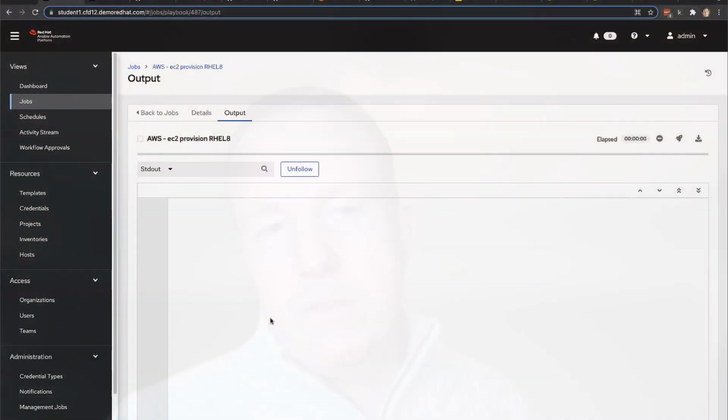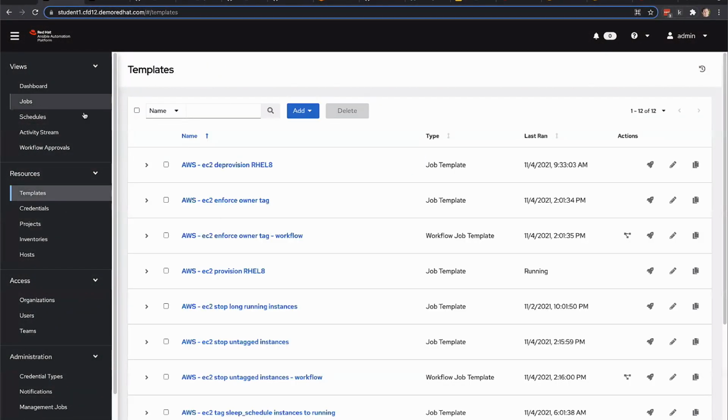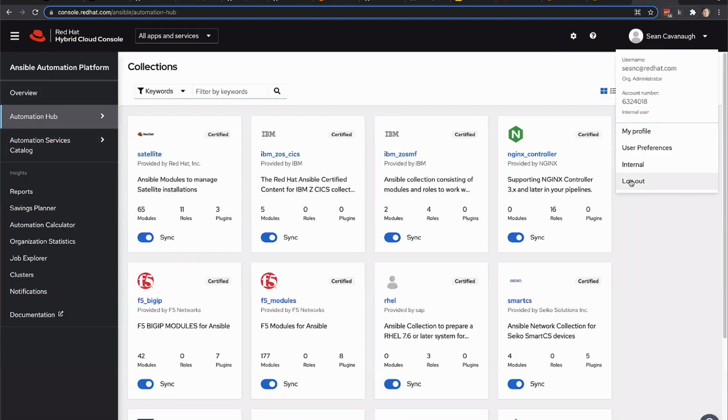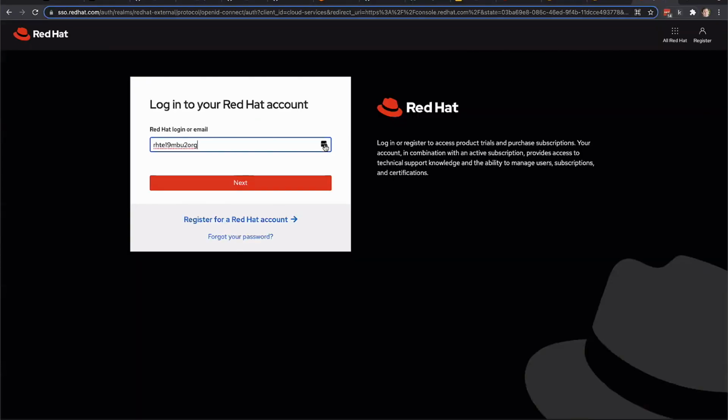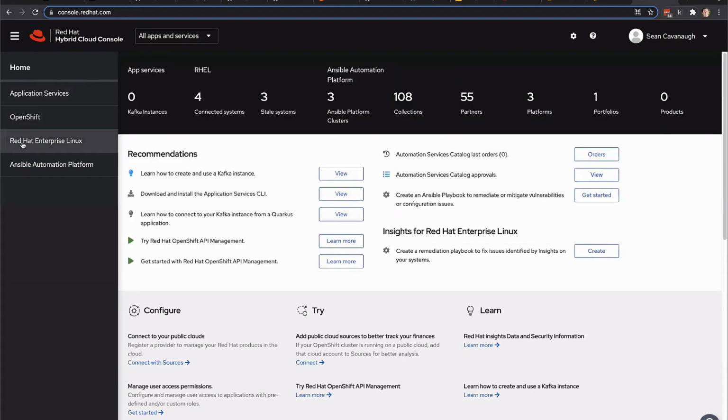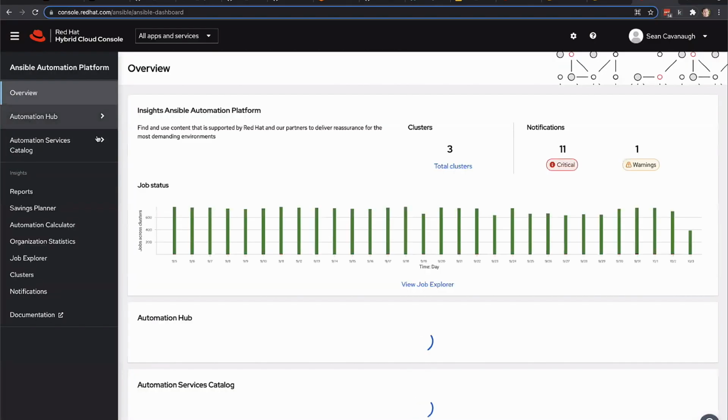So yeah, there's three or four different components, but controller's the main one. Lots of people interact through the API. Lots of people use the UI. A lot of people don't even need to interact with it at all if they're just writing playbooks and writing content. When you get that subscription to Red Hat, you also get access to console.redhat.com. So when you log in, it's really clear as there's RHEL hosted services, Ansible hosted services, OCP hosted services, and application services. What I did here is I went to Automation Hub and looked at the collections,